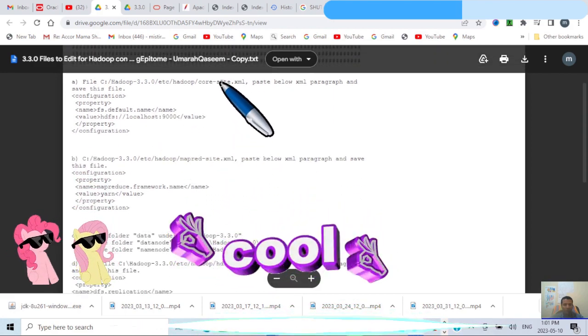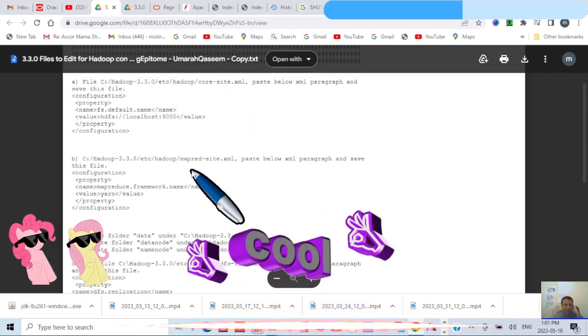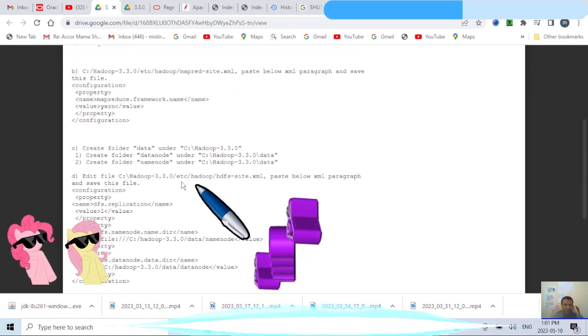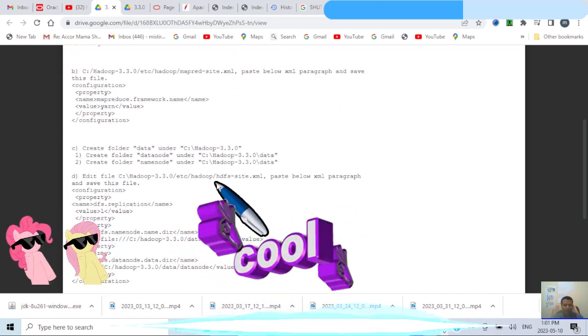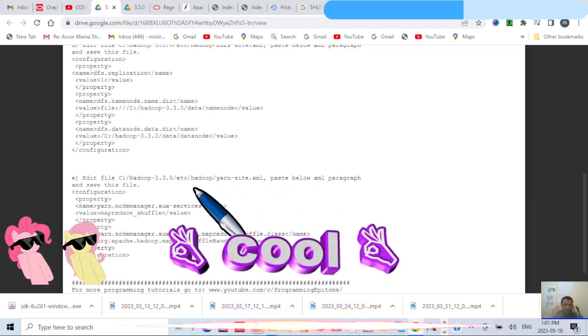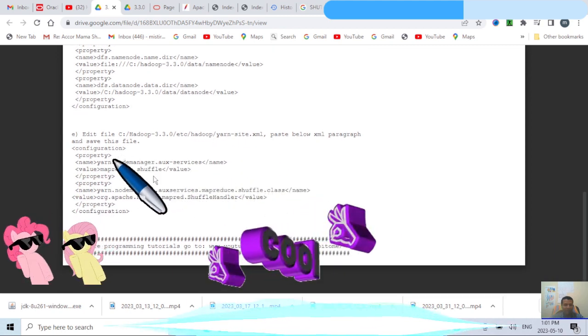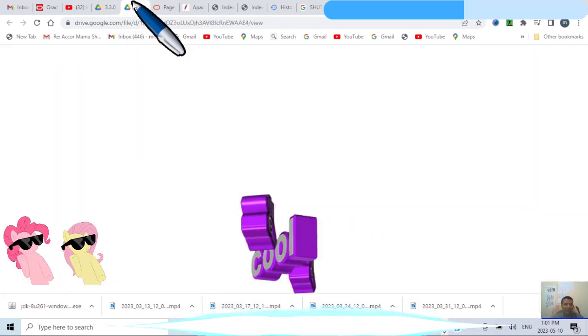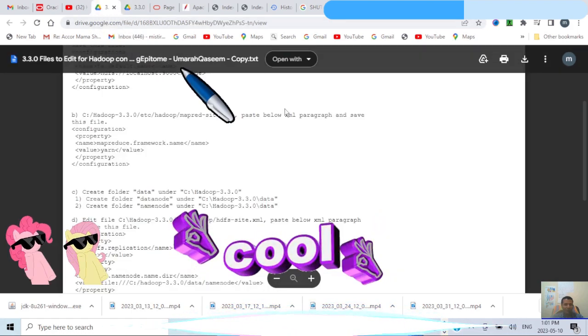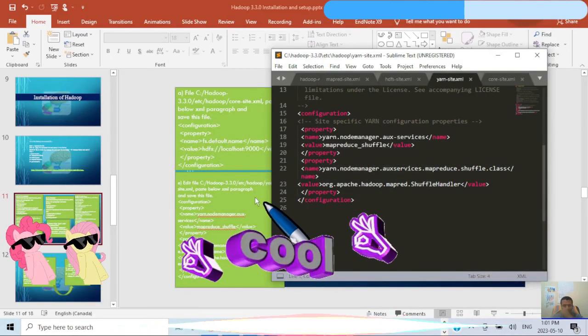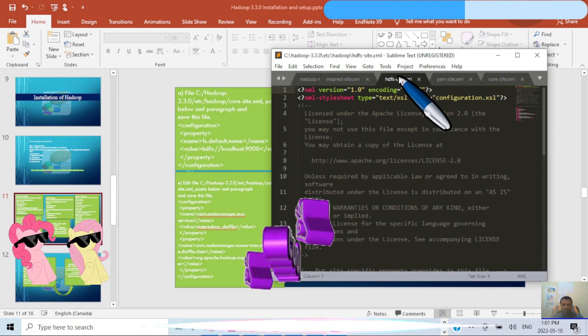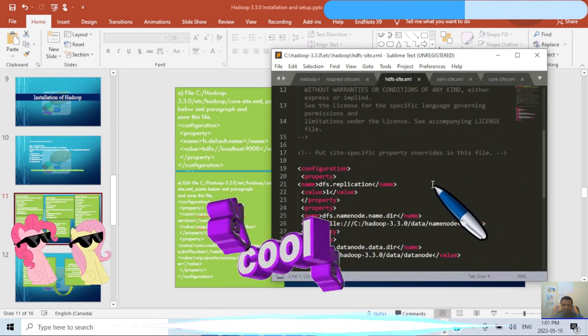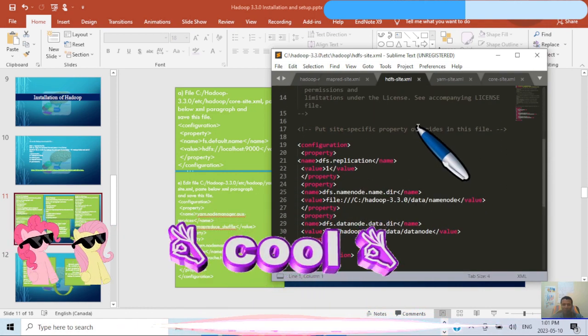So each: core-site.xml, MapReduce site.xml, hdfs-site.xml, and yarn-site.xml, this is the code. Again, this one I will come to in a minute, but that's how we're gonna do it. But for